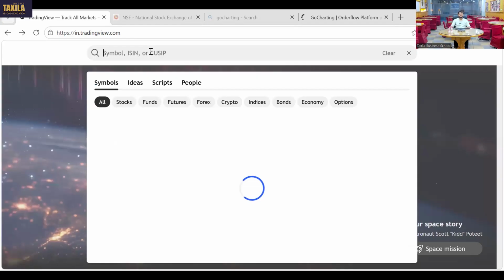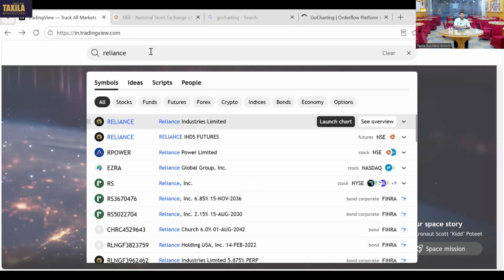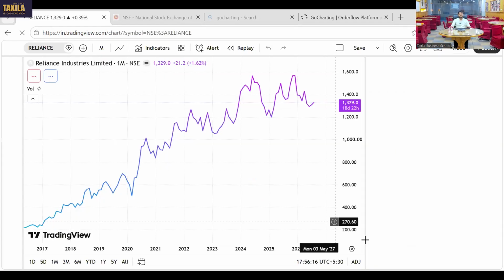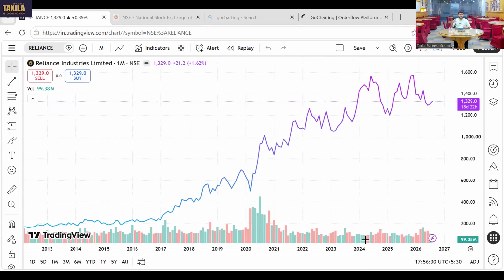Let me show you the same thing in Reliance Industries as well, so you can get a better idea how things work, how technical analysis works in the market, how price will help you make money in the market. Price reflects everything. Price is basically a reflection. In the same way, your personality is the reflection of what you do. If someone works out, that person is visible, right? Different from others. So your personality reflects what's going on in the back. In the same way, price is the personality of a stock. It reflects so many things about the stock, but you need to know how to get an idea about it.